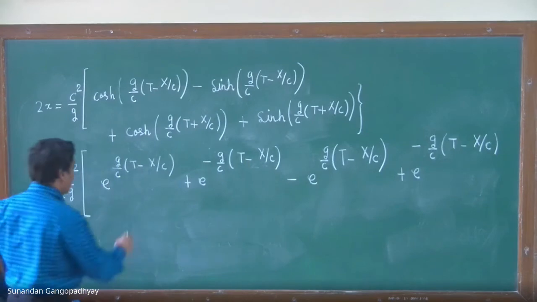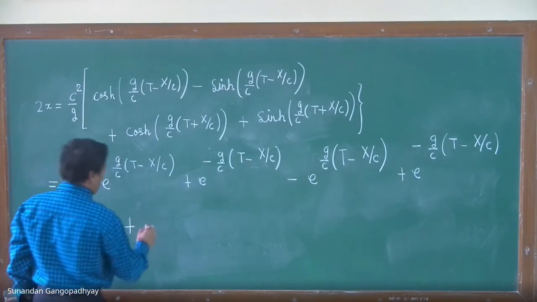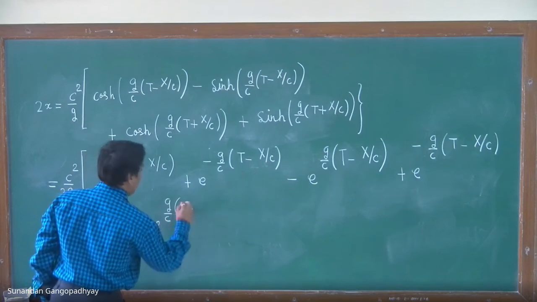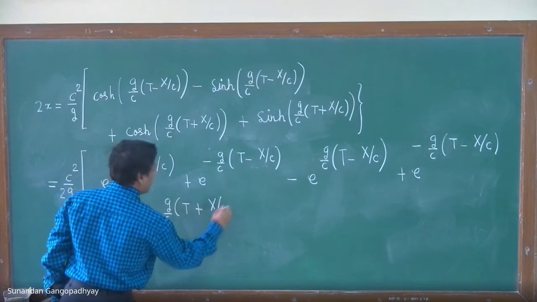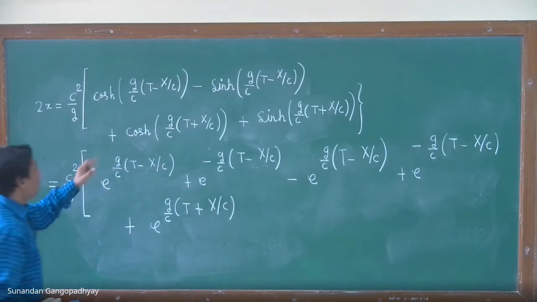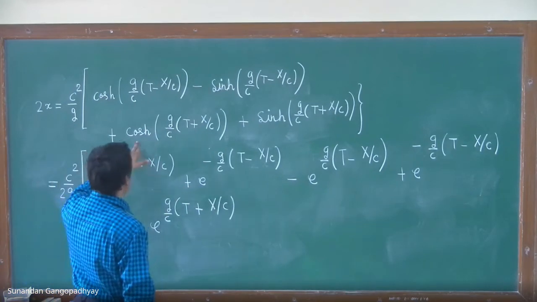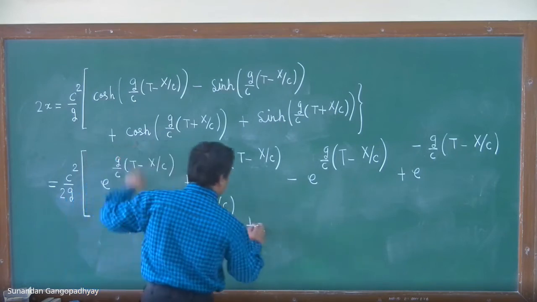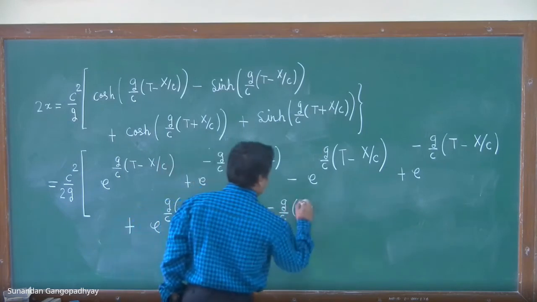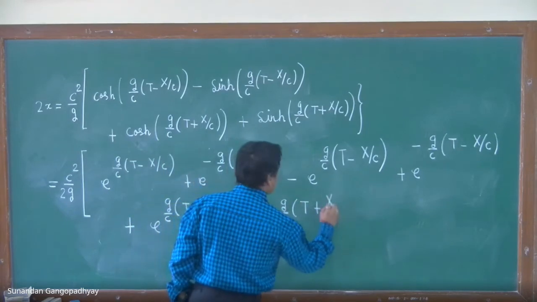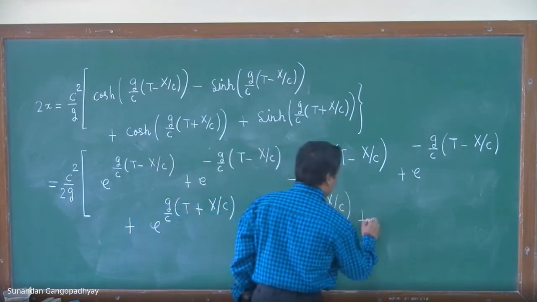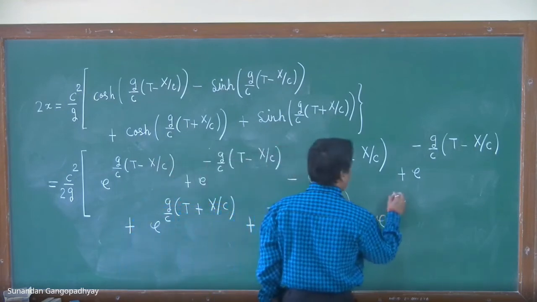Now this is cosh. So once again, this will be to the power of g by c. And if you have some better method of doing this, you are welcome. You can do it in your own way. This is this plus exponential g by c plus x by c. And then the last term, e to the power of